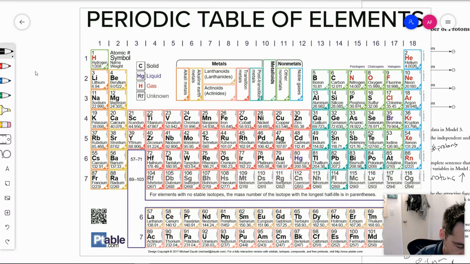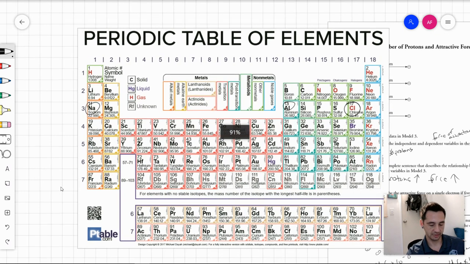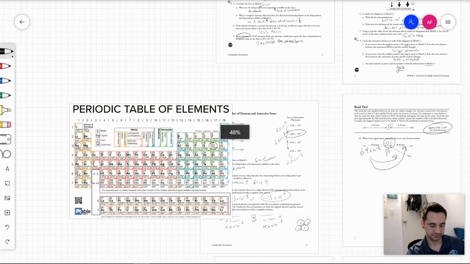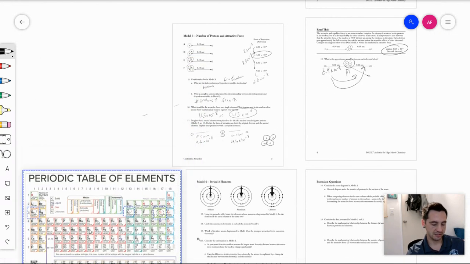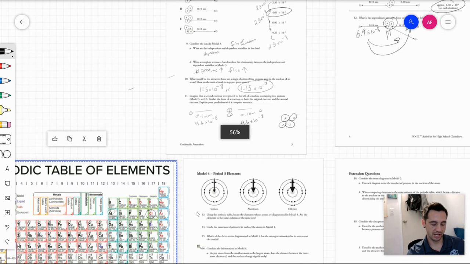And then we have aluminum. And chlorine, I think. Yeah, chlorine. They are all in the same row on the periodic table. So as I said before, if they're in the same row, they're not adding energy levels,